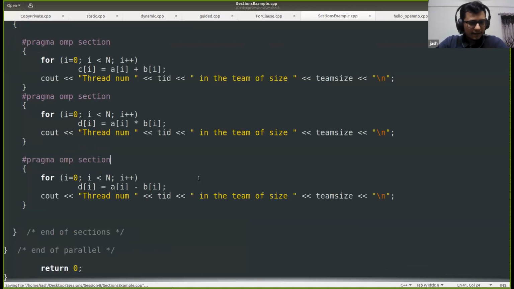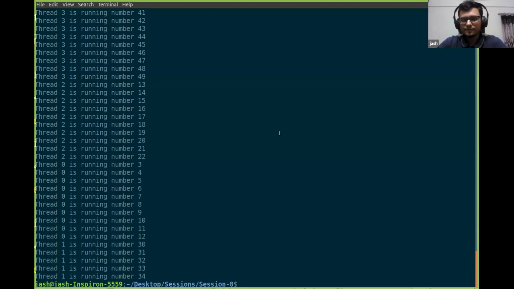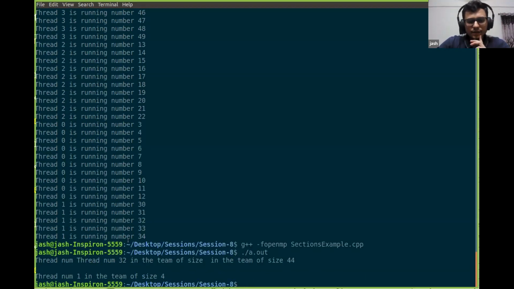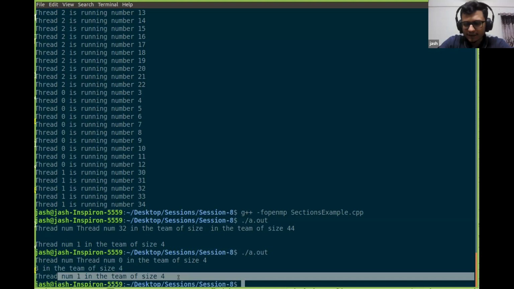Now let us quickly try running this program. I think the output is jumbled here, but thread 3 is executing one section, thread 0 is executing one, and thread 1 is executing one section.